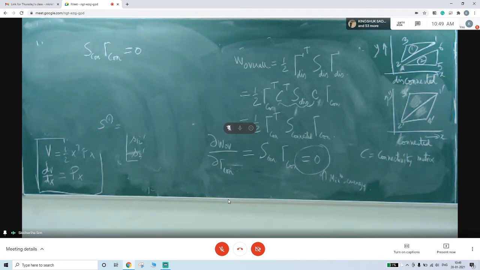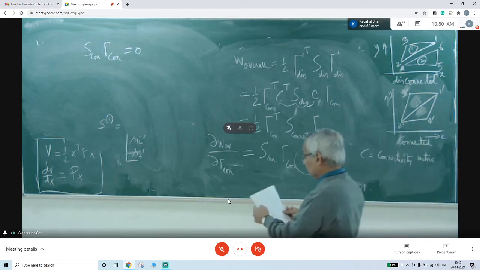Obviously, they are inside, but this lambda connected means the potential of each of the elements there, the vertices of the element, and S connected is a function which represents all the energy functions and all the shape functions also. We call it like this. So lastly, we'll go for this one.